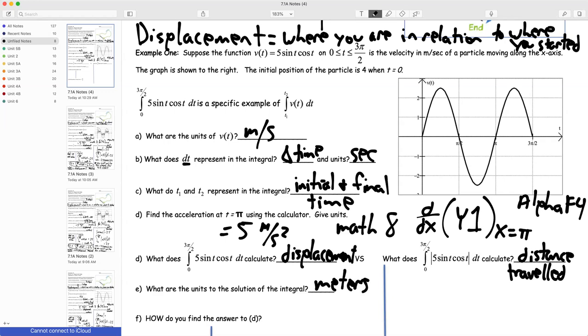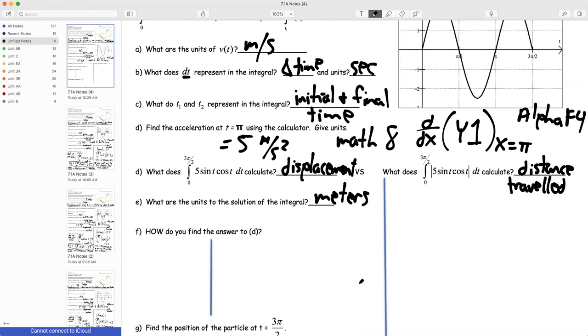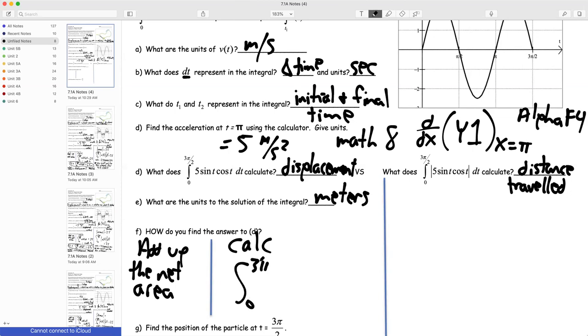And there are two ways to find the answer to the displacement. If it is non-calculator, then we would have to add up the net area. If it is calculator, then we do a little math 9. So integral from 0 to 3 pi over 2. Okay, again,